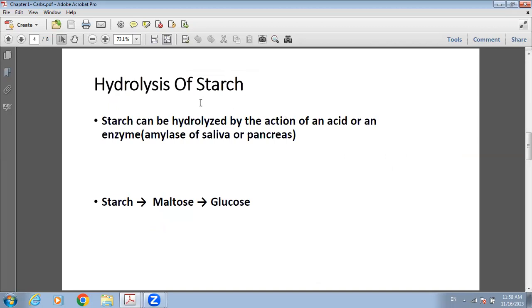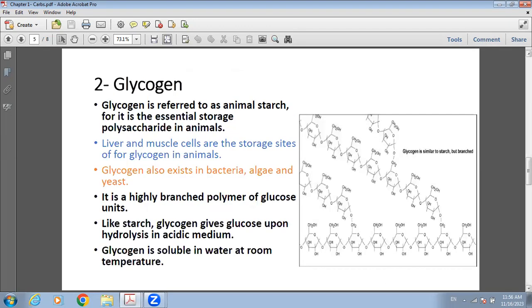Starch is hydrolyzed or digested in the human body by an enzyme called amylase. It's broken down into maltose and eventually into glucose. The second example of polysaccharides is glycogen, which is also known as animal starch. It is the way we store glucose in our body. Liver and muscle cells are the storage sites for glycogen in animals. It is a highly branched polymer of glucose, and like starch, glycogen also gives glucose upon hydrolysis, and it is